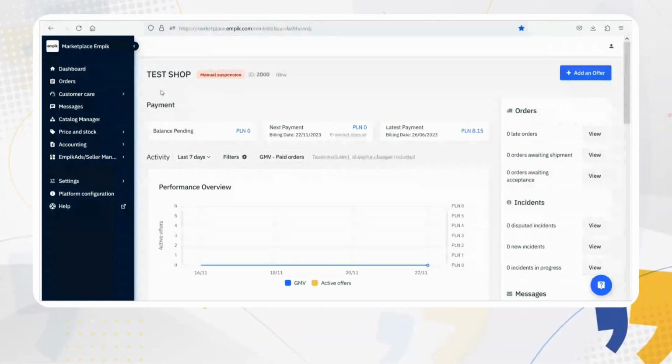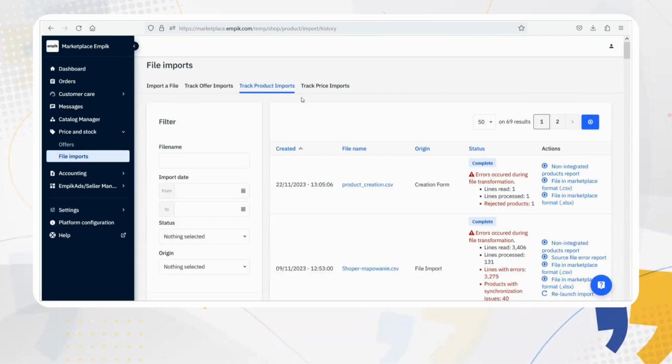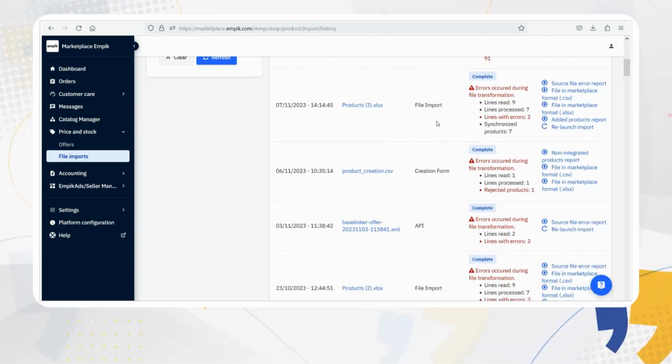You can check the correctness of any offer or product import in the Empik Play Seller dashboard. Go to Price and Stock tab, then click File Import and select Track Product Imports or Track Offer Imports. The most important information when it comes to offer import is how many lines were updated out of all lines